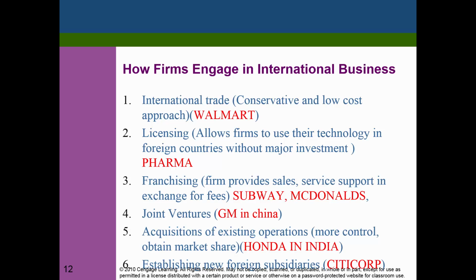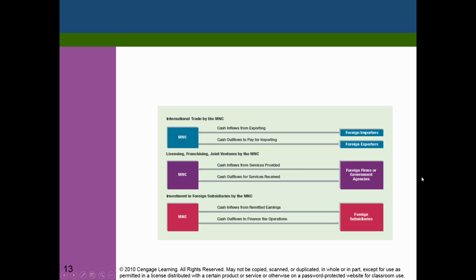go to a foreign country, that could be the Middle East, that could be China, that could be India, that could be Europe, if they try to compete against local banks and they still have to follow the US rules, it makes them less competitive. So by having a foreign subsidiary which has to obey the foreign laws rather than the US laws, it helps them compete effectively.